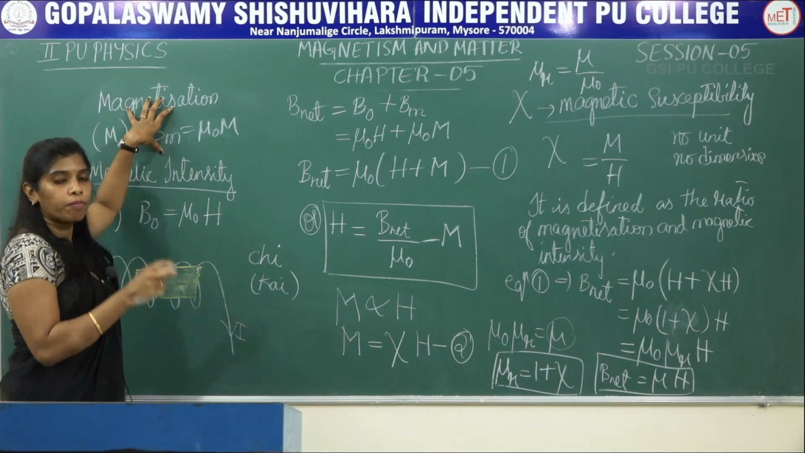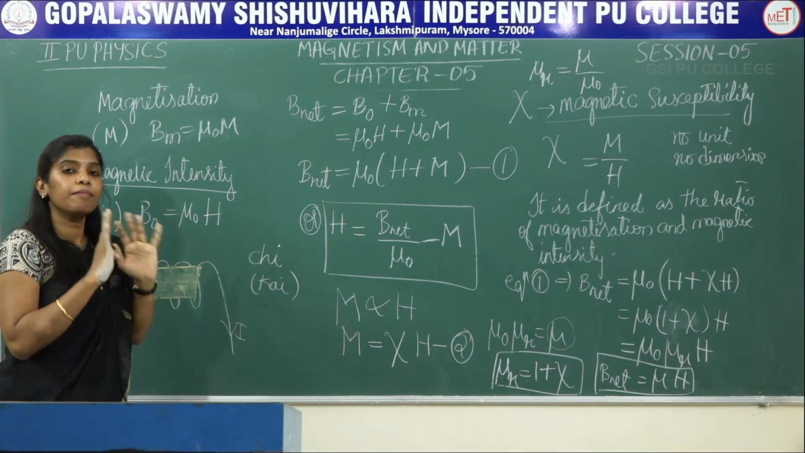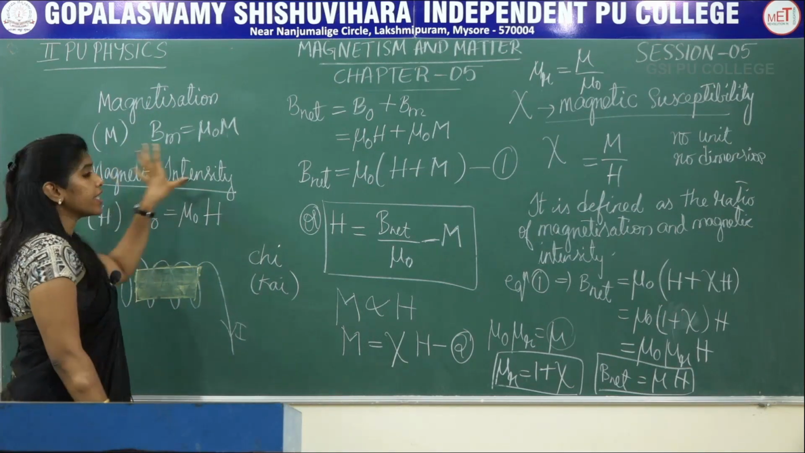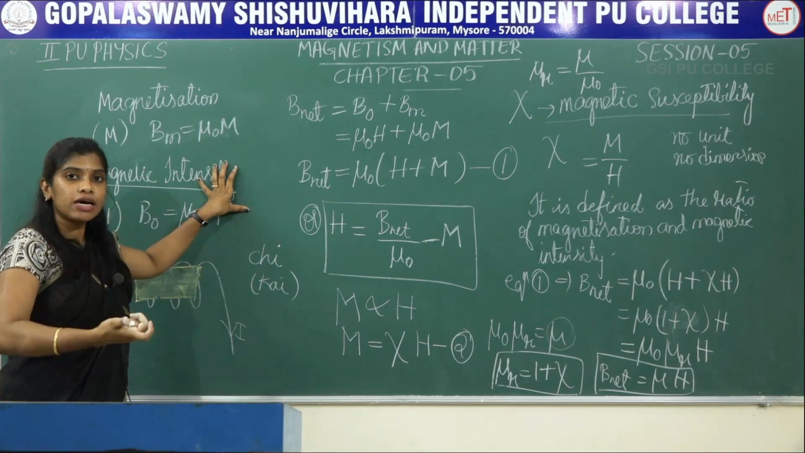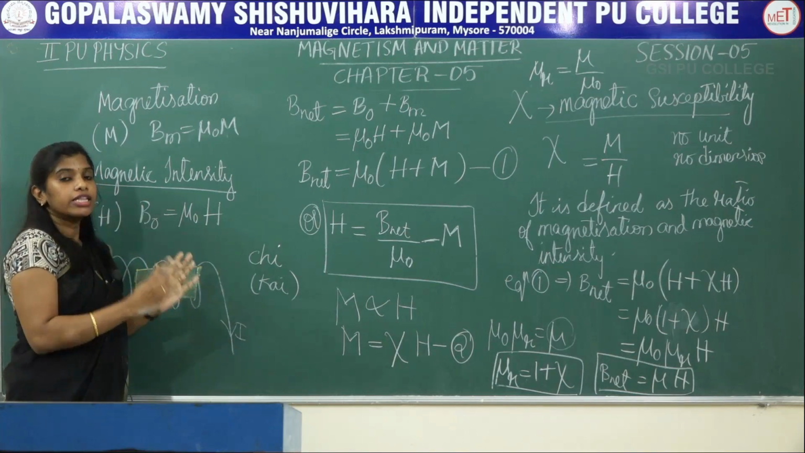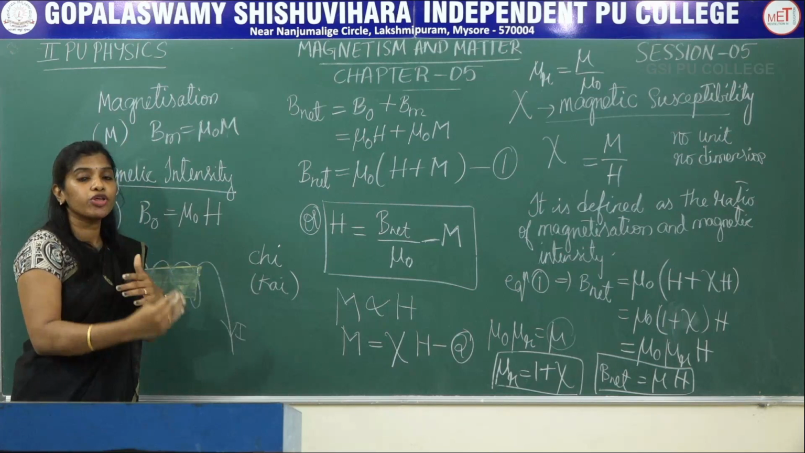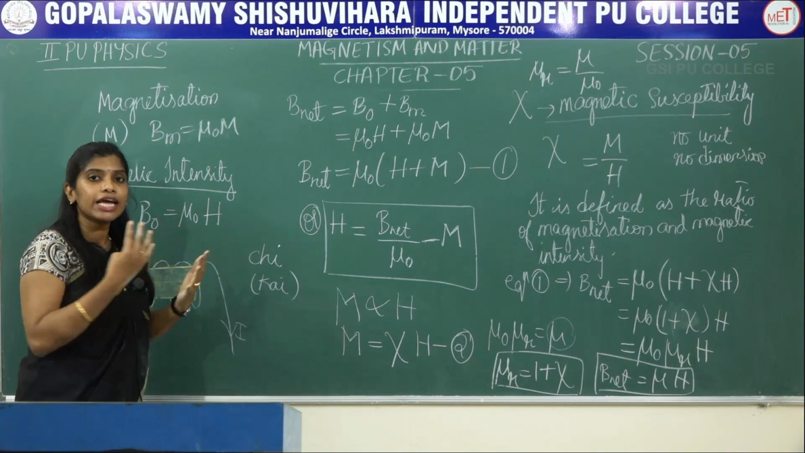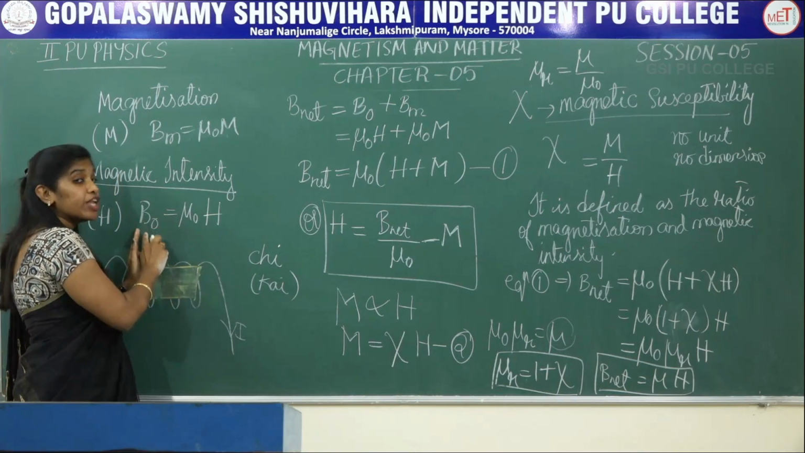Magnetization is the property of the material to get magnetized when you place a material in a magnetic field. Magnetic intensity is the ability of the magnetic field to magnetize the material medium. Now whenever you have a solenoid, the current which is flowing in the solenoid produces a magnetic field inside the solenoid, which is given by the formula